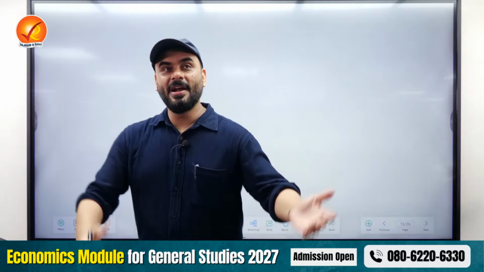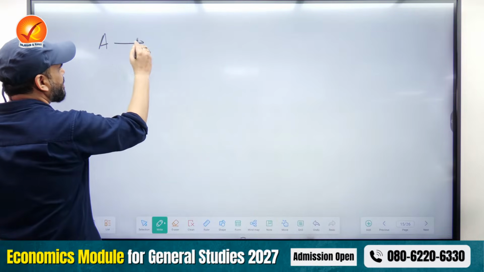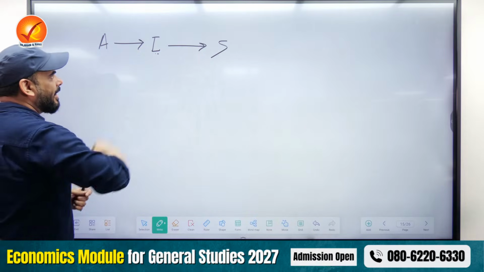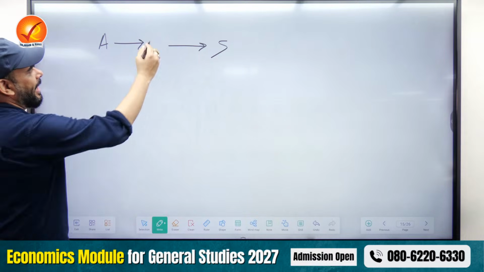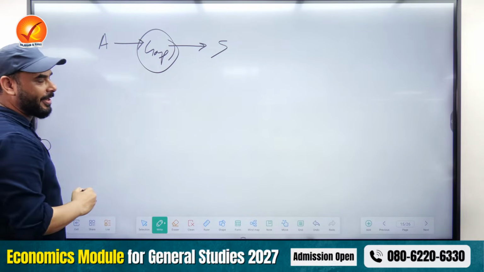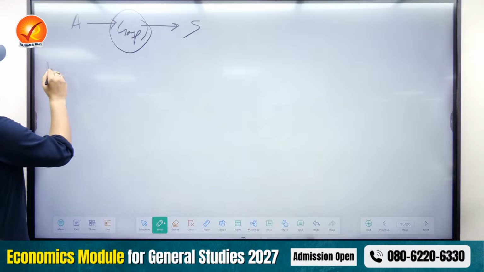So, bacho, what did I tell you? First, let's come back. What is the important thing I told you? I told you that India started with agriculture, went to industries, went to services, but then our industries became slightly weak and there is a gap. This gap needs to be filled. So how are we trying to fill the gap? We are trying to fill the gap, for example, through manufacturing.